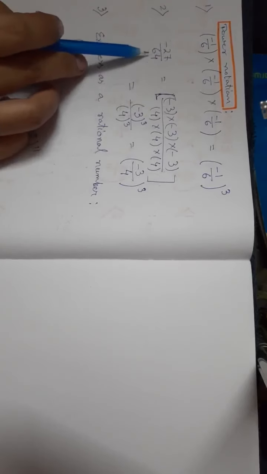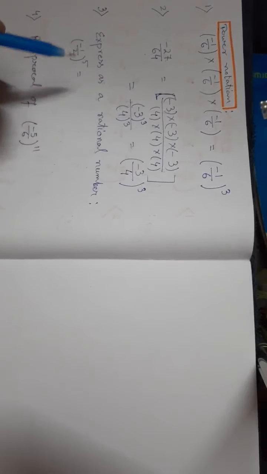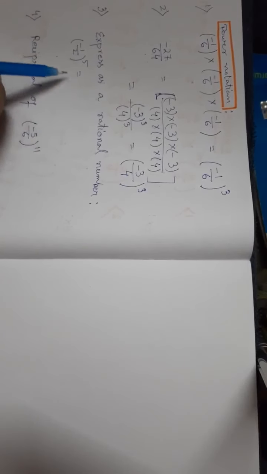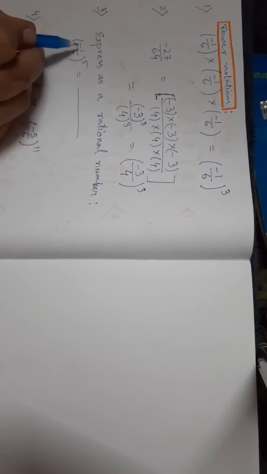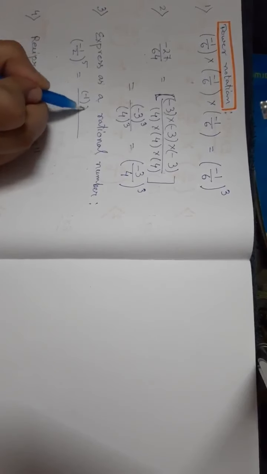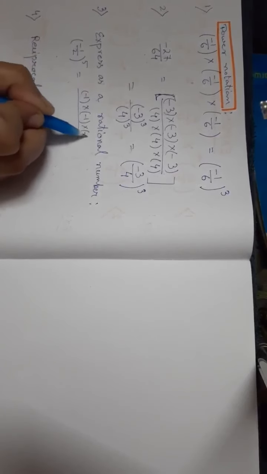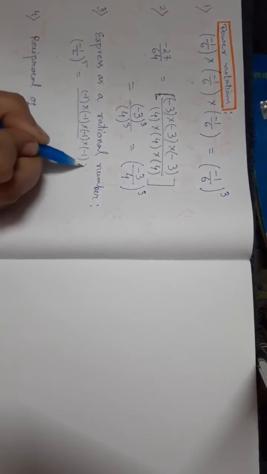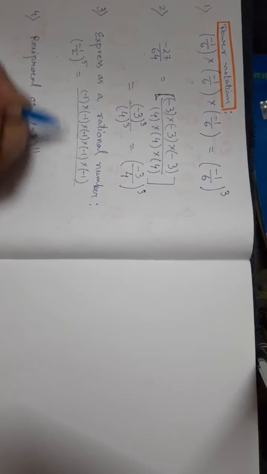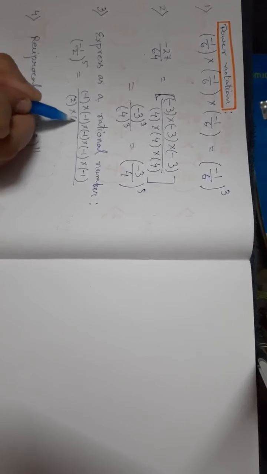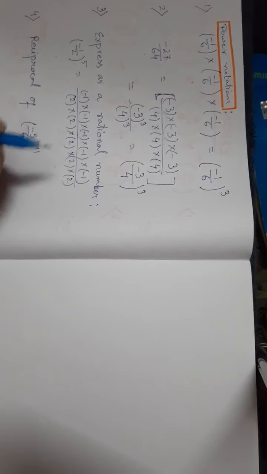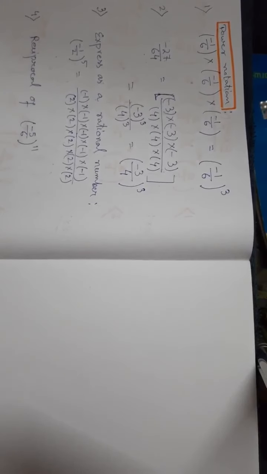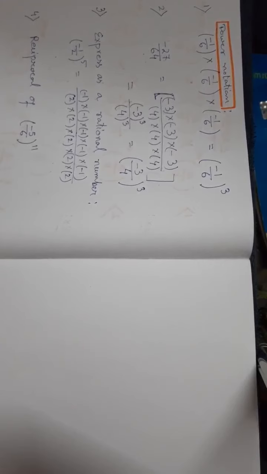Here from a rational number we have expressed it in power notation form. Now here it is given in power notation form, and we have to express it as a rational number. That means we have to multiply this minus 1, 5 times: minus 1 into minus 1 into minus 1 into minus 1 into minus 1. Or you can write it directly as 2 into 2 into 2 into 2 into 2. 5 times we have to multiply 2, and 5 times we have to multiply minus 1.